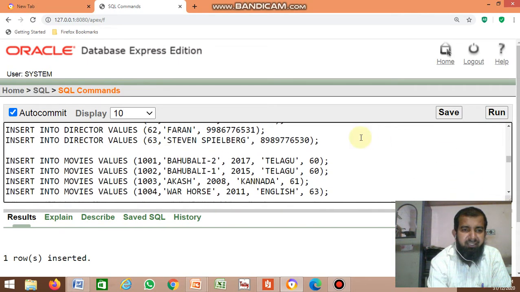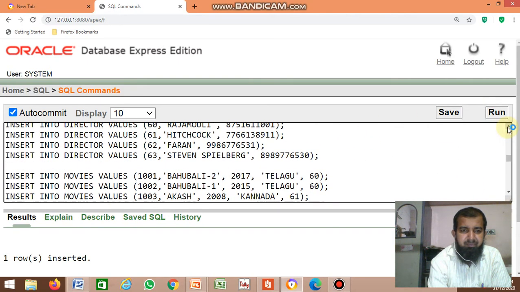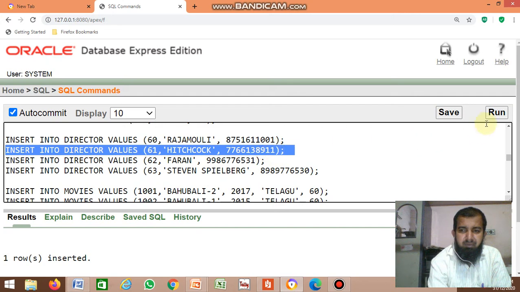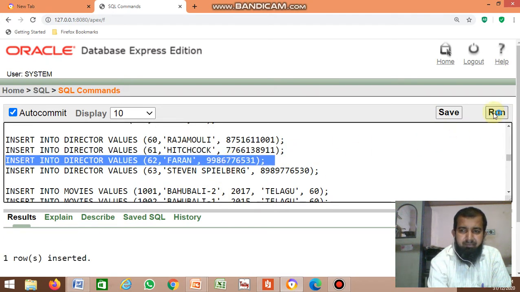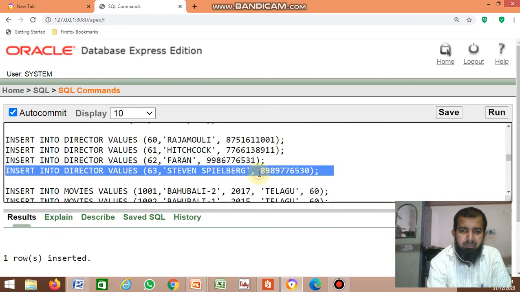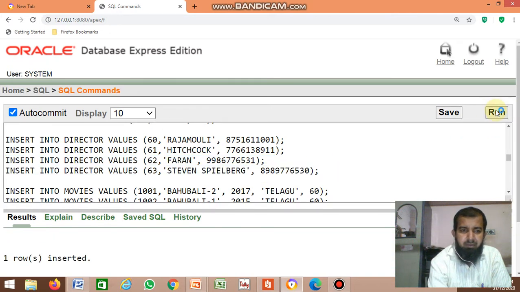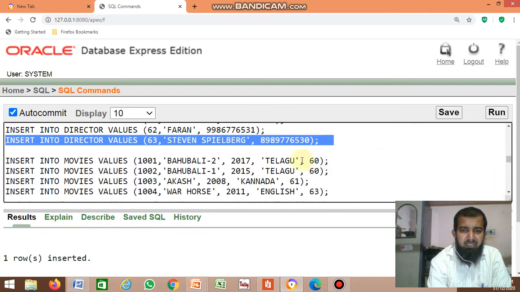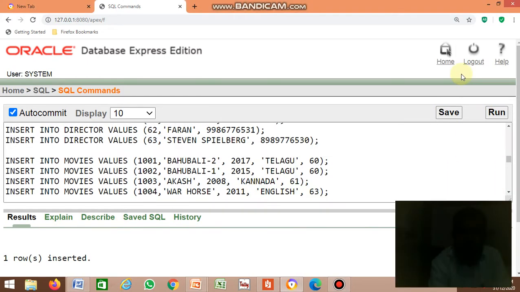Next, director table. Next, movies table, insert the values in movies table.